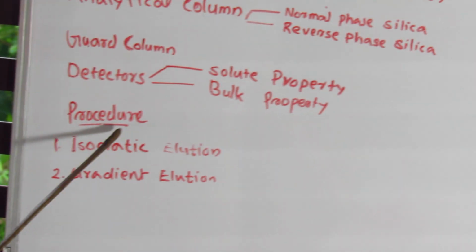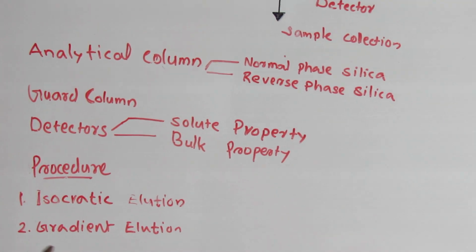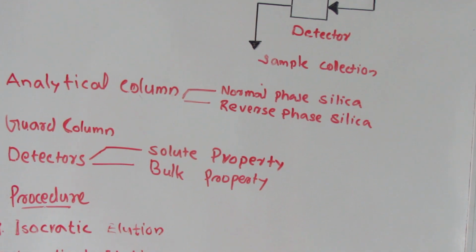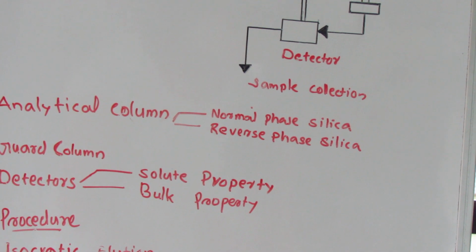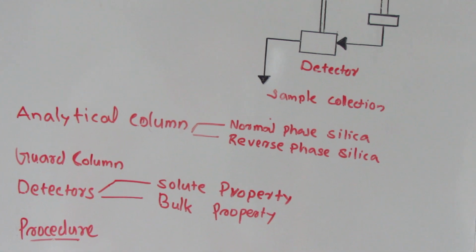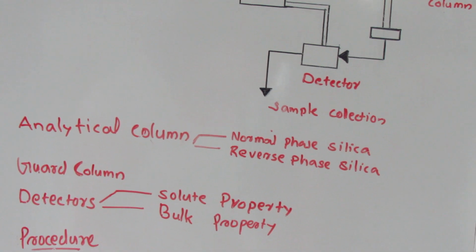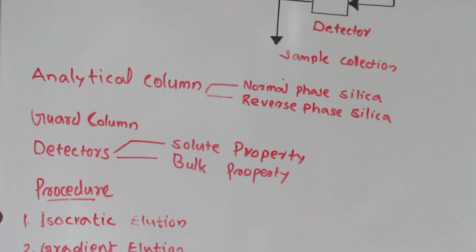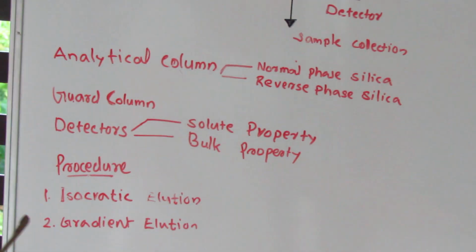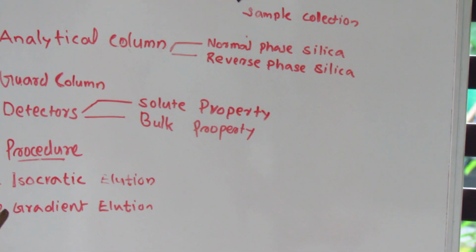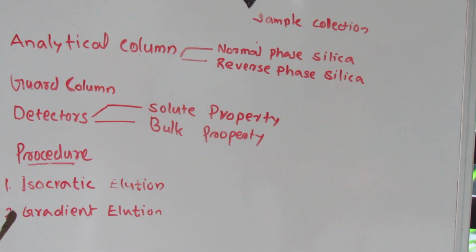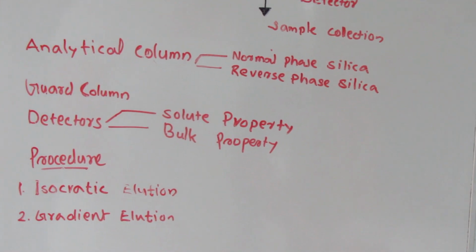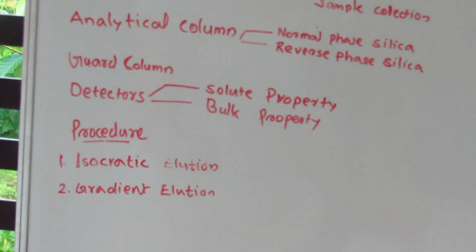Among isocratic elution and gradient elution, gradient elution is found to be more effective because during elution, the ratio of solvent is varied in a programmed manner. Gradient elution gives better separation in less time. Due to two factors: solvents having different polarity can be used, and the separation is very good at the same time, and it requires less time. So due to these reasons, gradient elution is much more effective.